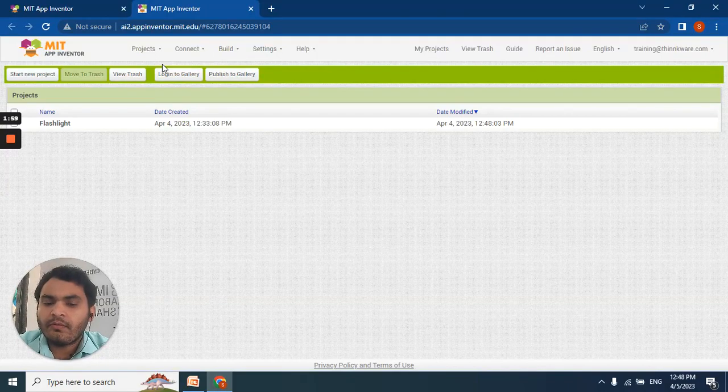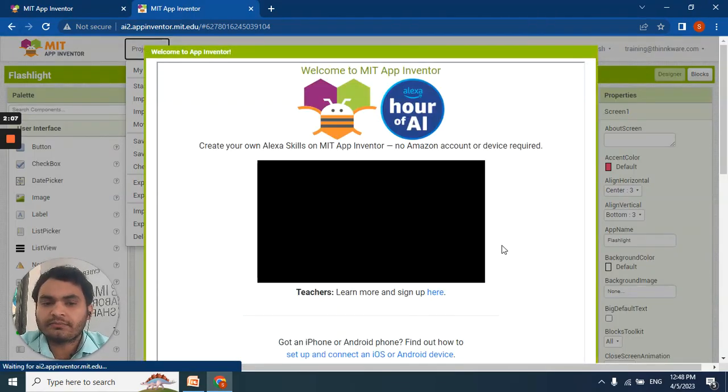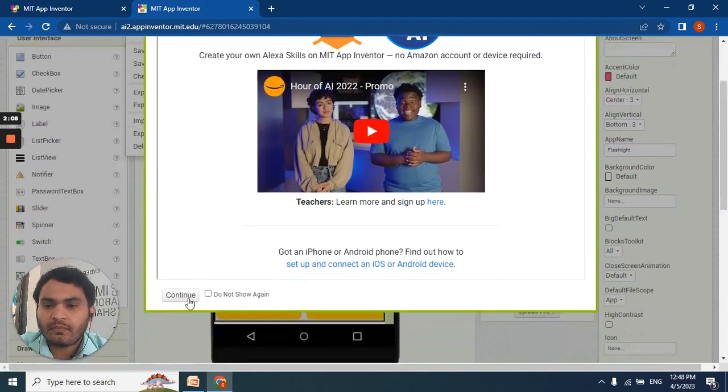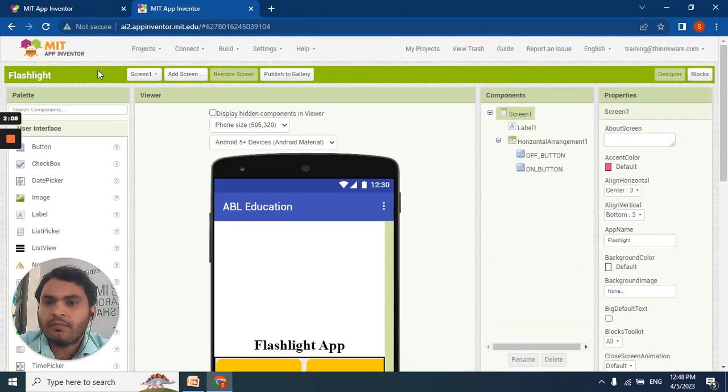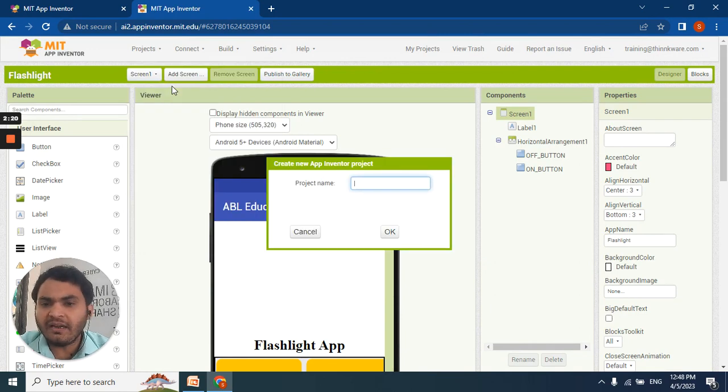Now we need to go to the projects menu and click on the start new project option, and here we need to provide the name of the project. As we are creating a shopping list app, I am writing my project name as shopping list.